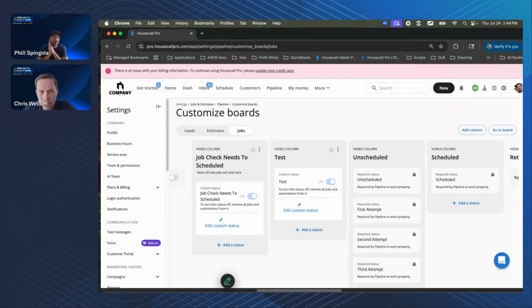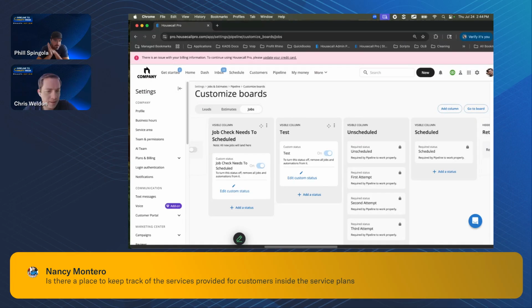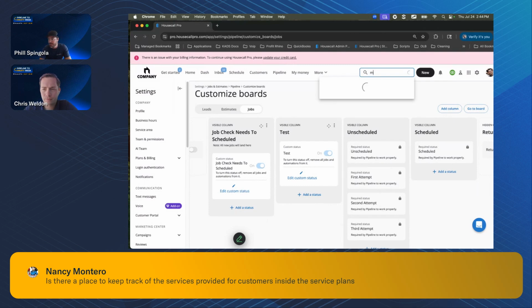Okay, looks like we got another question here, from Nancy. Is there a place to keep track of the services provided for customers inside the service plans? I'm assuming you're keeping track of past services. So with that, whenever you are in the system and you pull up a customer,